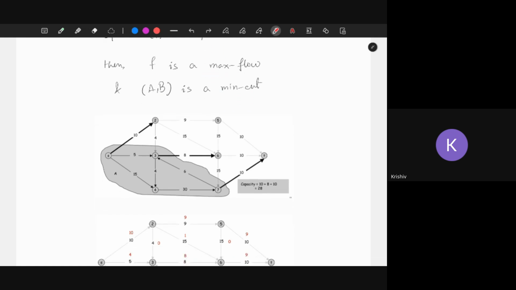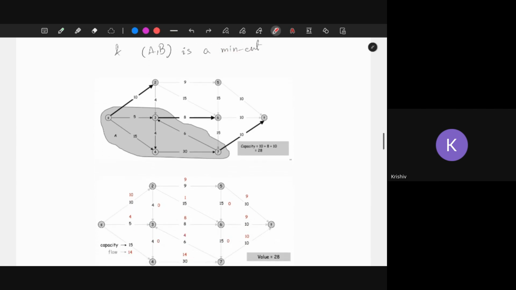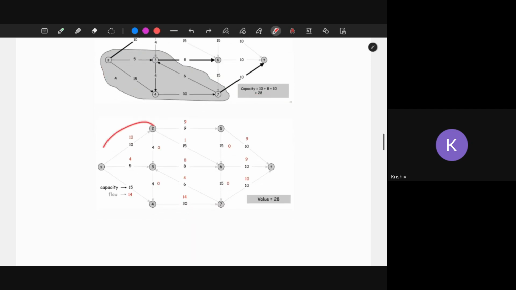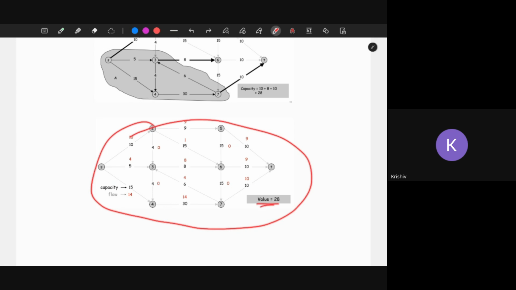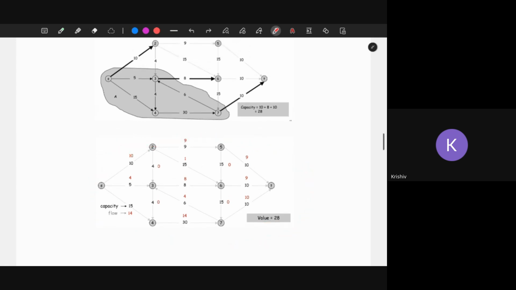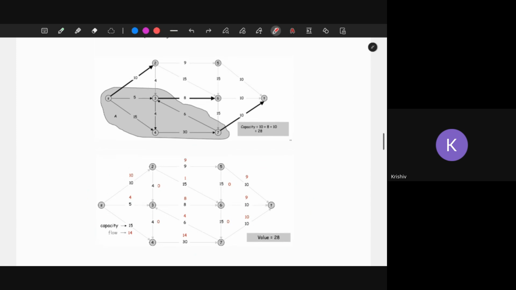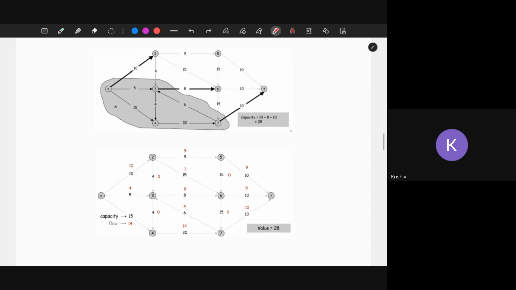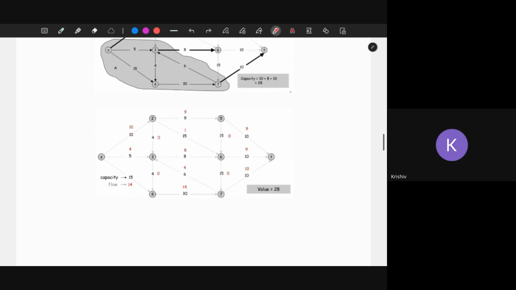So now my goal is optimization. I want to find the max flow or min cut. In this network, you can see along this cut the capacity is 28, and there is a flow that has value 20. So here the flow achieves its maximum value, and there is a cut that achieves this minimum value. Let's see